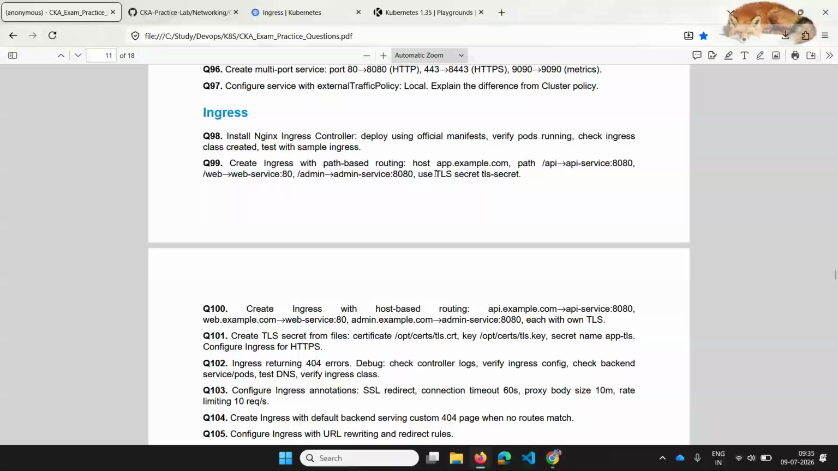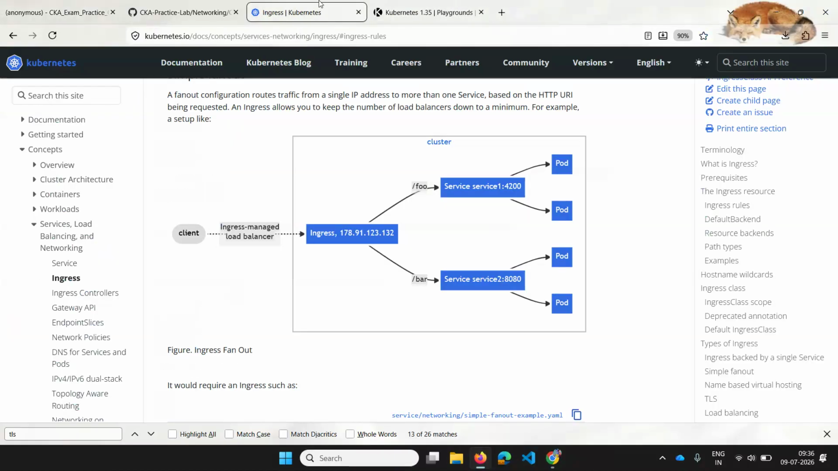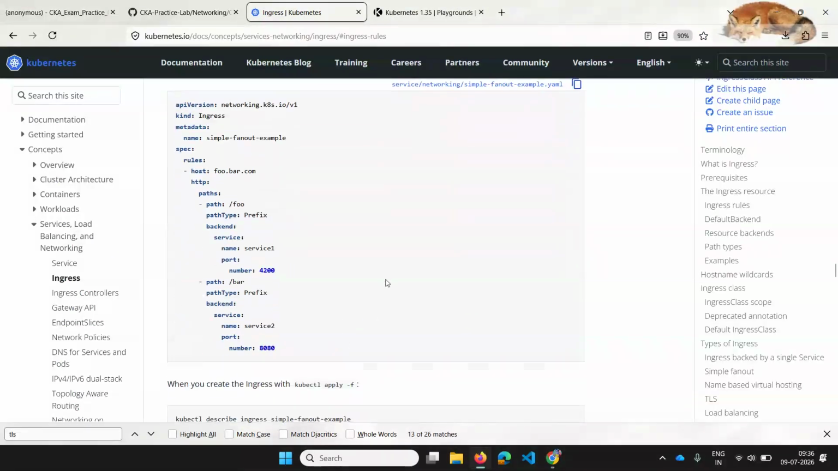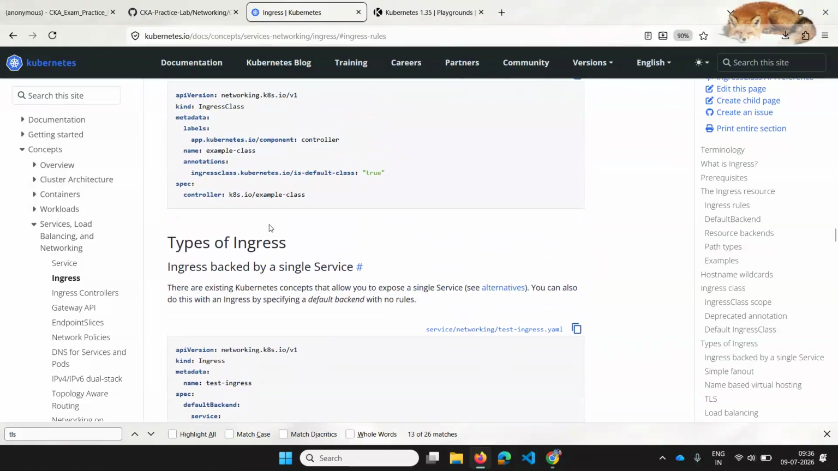this path based routing. Here it is using the TLS secret, and in order to do this routing, at least some services are needed. Whatever services they are showing to us, API service, web service, admin service, these have to be created, right? And they also have to be created for some deployment or some pods, right? So let's first create those deployments, services and this TLS secret, and we will use all this in our Ingress file. Before creating all those, I just want to show you the examples of how they have given